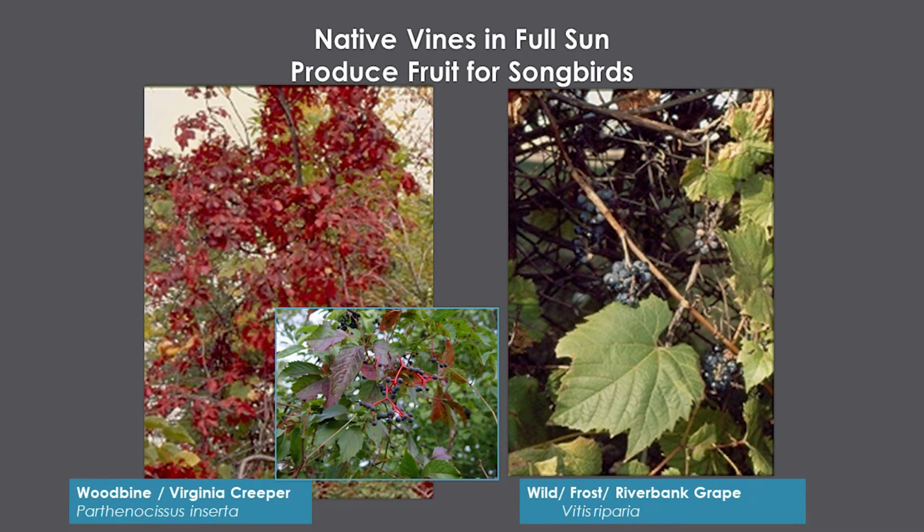So here, this is the same corner. We've got wild grape. Sometimes people call it frost grape or riverbank grape. Very easy to tell because it's got a big leaf that kind of looks maple-like. And we've got the grapes in the fall. They look like they're small. Then we have, and this is very easy to identify, our native woodbine. The nursery trade calls it Virginia creeper. It's a palmate compound leaf, so it's got all the leaflets coming from one central spot. It turns scarlet red in the fall if it's in the sunshine, and it turns pink in the woods if it's on the ground.